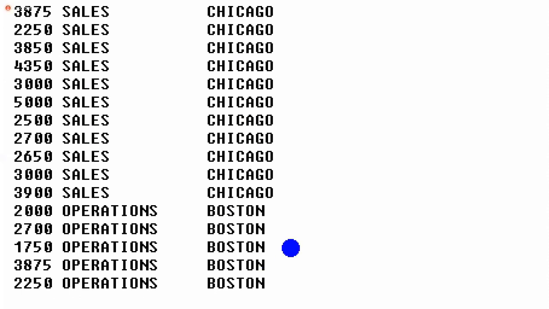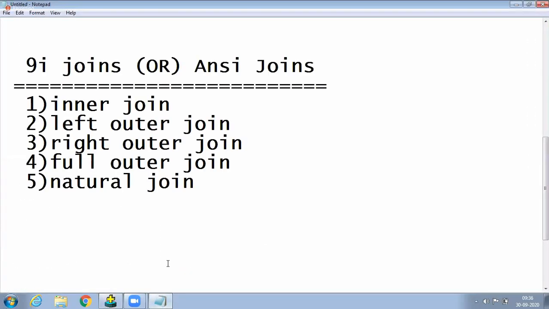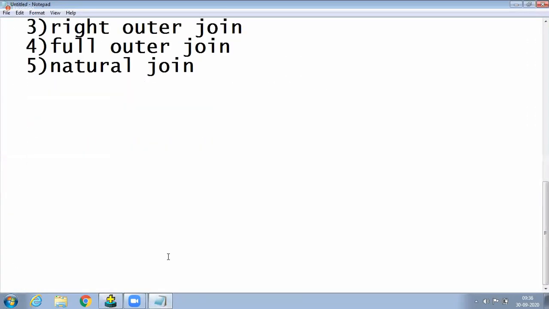Boston will be displayed. I don't want to display like this. I want to display more accurate data, which means we are using explicit joins. Cross join also, one of these days I will tell you how it is working. Now, on the Oracle side, we can also retrieve data from multiple tables without using a joining condition.